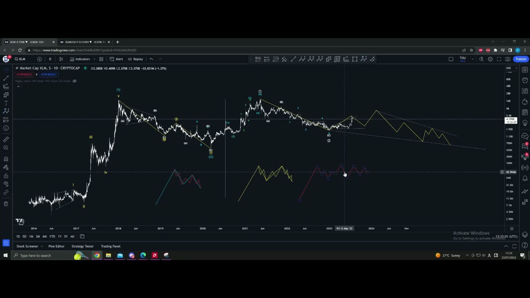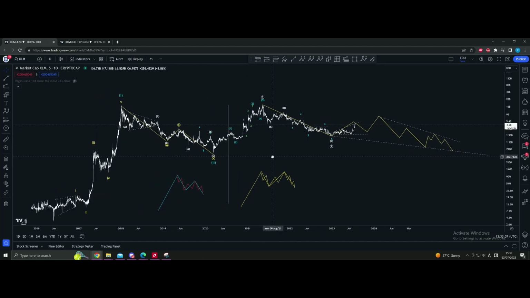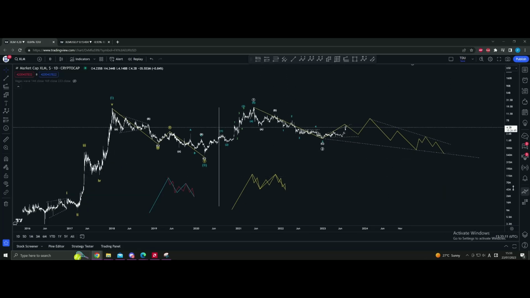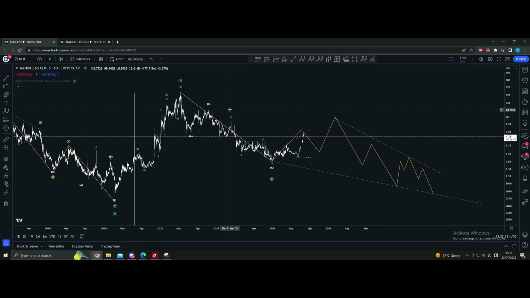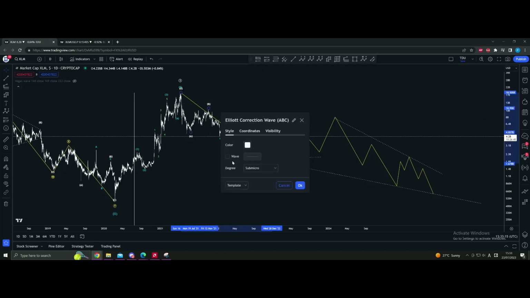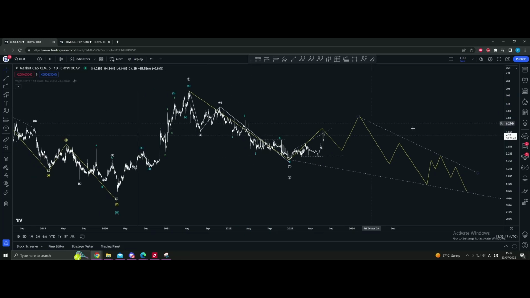Okay, sorry, this is invalid in this case because we already have a WXY, so it cannot work. Okay, even better. Let me just go back quickly towards this one. I would say that this was the end of the move,